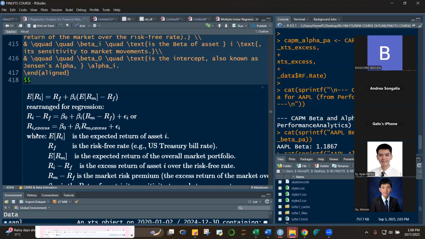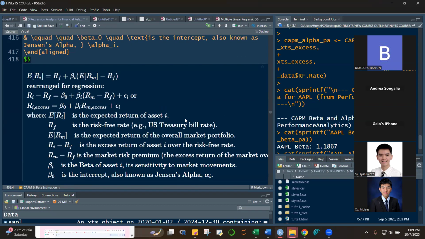So this is your R sub i excess. Why excess? Because we net it against the risk-free rate. So it would be equal to your intercept, beta null, which later on we'll call your Jensen's alpha, plus beta 1 times the excess market returns plus your